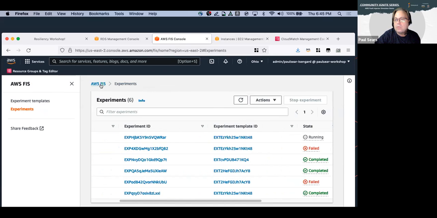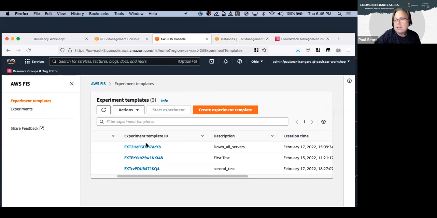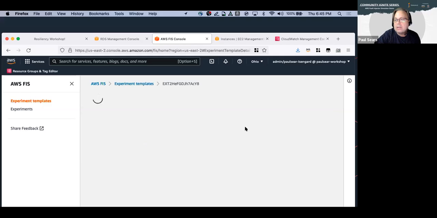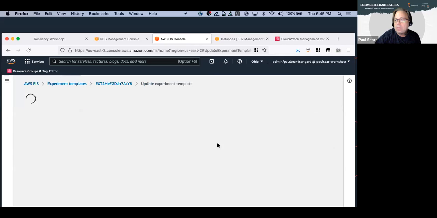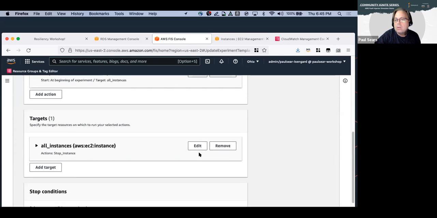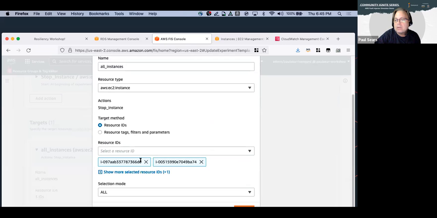Let's go ahead and do the one I already picked. Whoops, I always do that. I can just do the one that says down all servers, and I will just drop everything. So, all instances, these 2 instances, I will delete this, because that's one thing that you have to do right now,